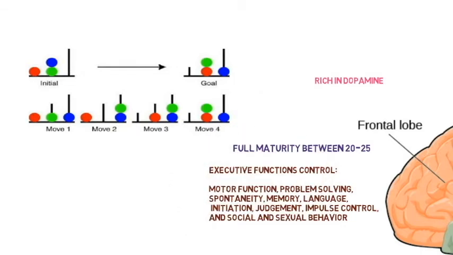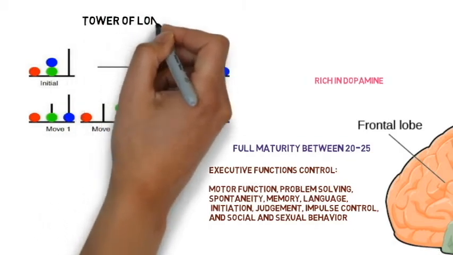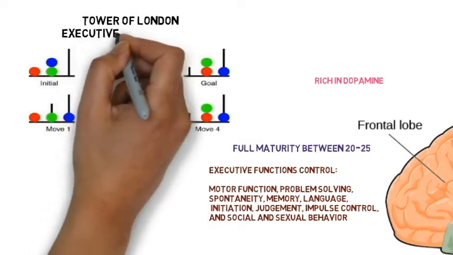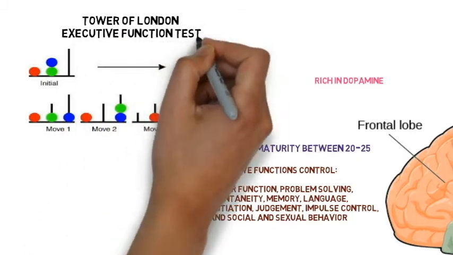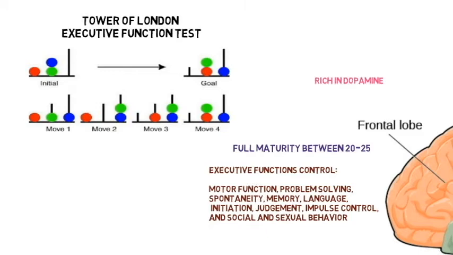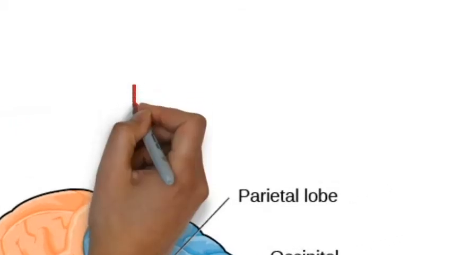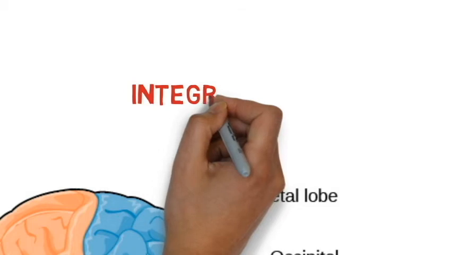And there are various ways that you can test the functioning of the frontal lobe. One of the most common ways is using a battery of psychometric tests, but simply looking at executive function. So the Tower of London executive function test, where you have to plan out a complex task, would be an excellent example of that. Then there is the parietal lobe, and the parietal lobe is the part of the brain